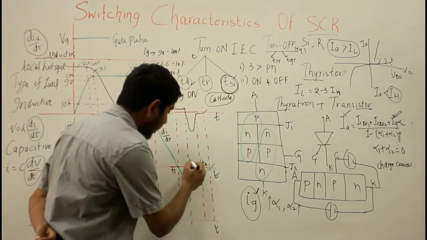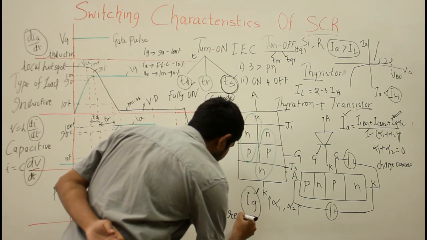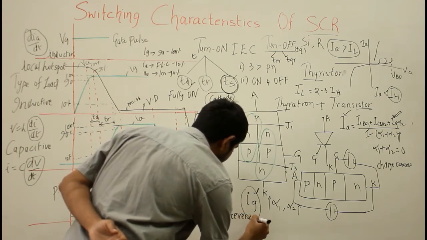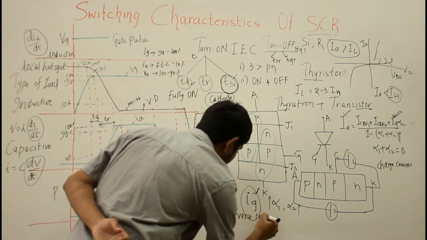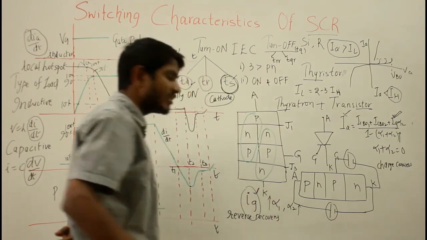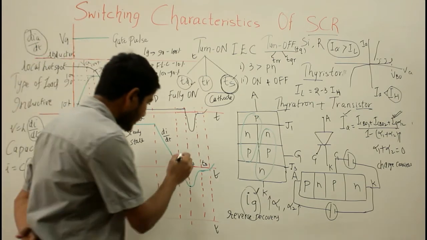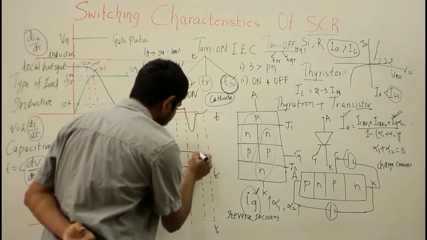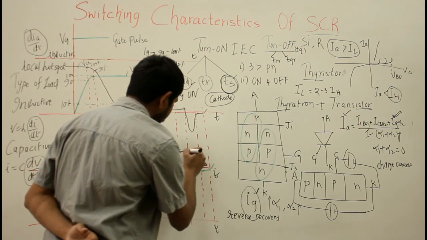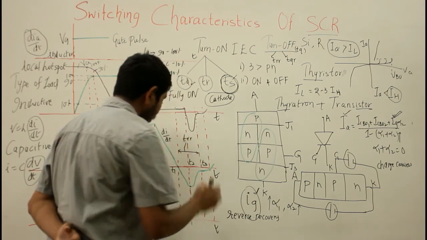So the value of current at the time T2 is defined as the reverse recovery current, where the reverse increasing current started decreasing due to insufficient charge carrier density. So this interval from T1 to T3 is your TRR. This is the reverse recovery time